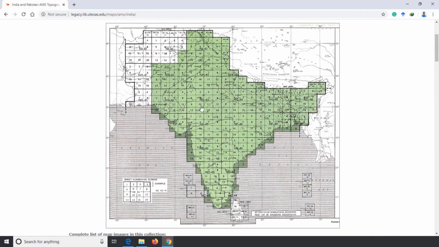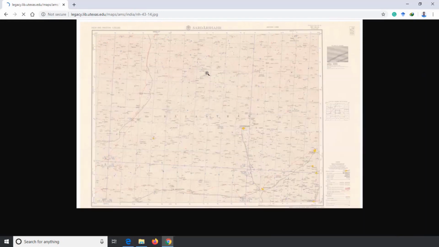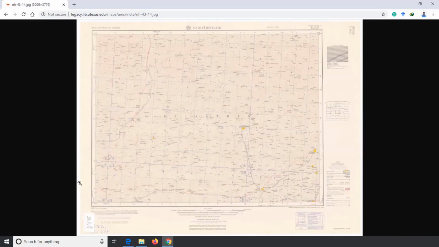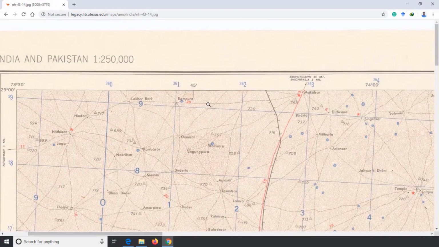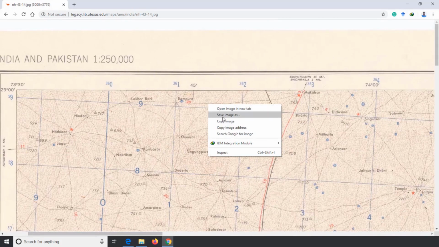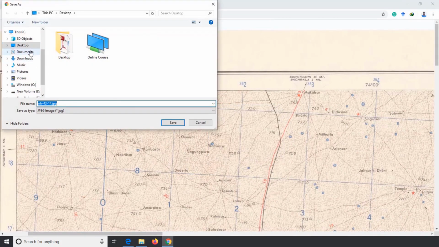The green box on the India indicates topographical sheets available for download. To download topographical sheet, just click on any box on the map. It will open a new page where topographical sheets of respective box will be appeared. This image can be zoomed and moved to know the information of it. To save it, right click on the image and click on Save Image As and save to specific place.